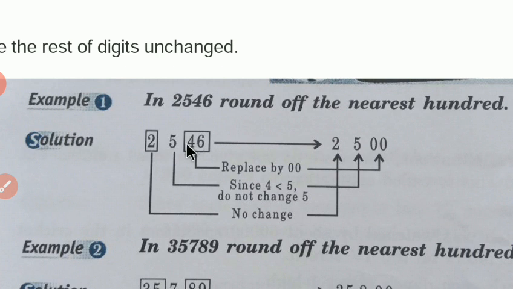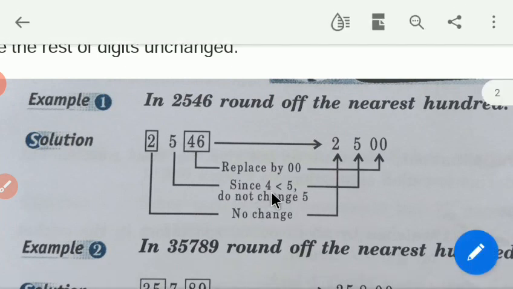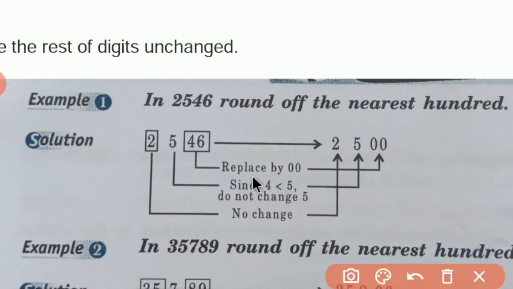So by the rule, if any digit is less than 5, there will be no increment of the hundreds digit. Since 4 is less than 5, do not change 5. 5 will be as it is, and 2 we have to write as it is. So you can see that 2500 is near to